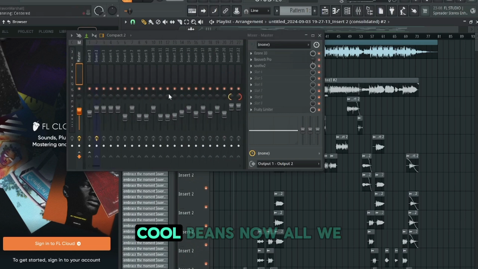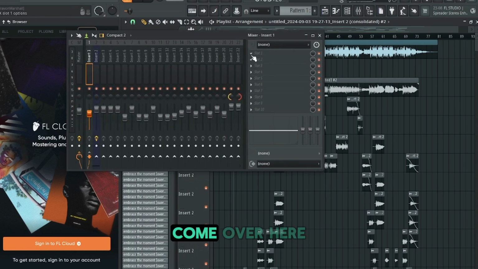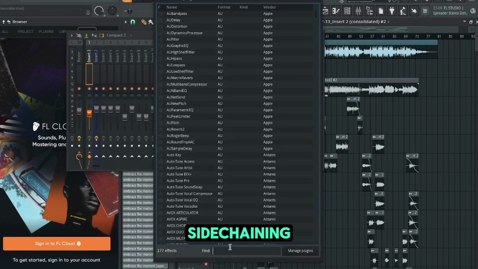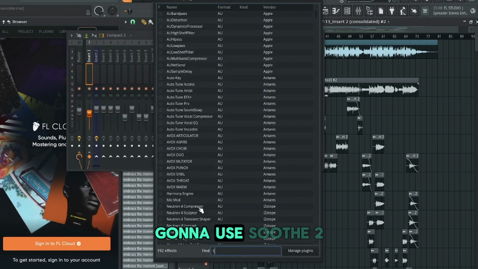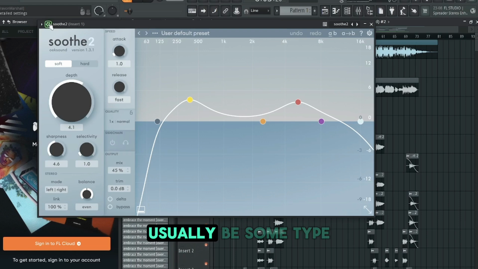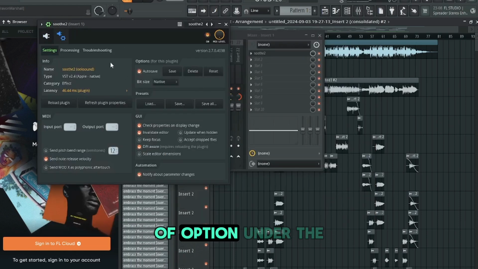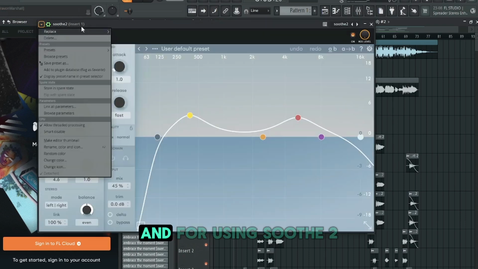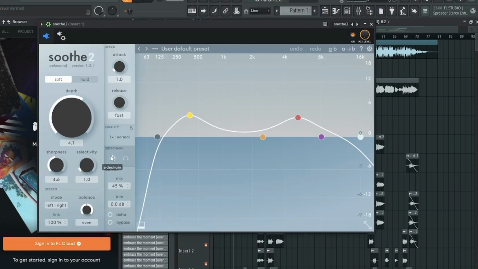Cool beans. Now, all we need to do is come over here, add the plugins that we want to use for sidechaining. In this case, I'm going to use Soothe 2. And there'll usually be some type of option under the settings in whatever plugin you're using to use a sidechain input, depending on if the plugin you're using is compatible for sidechaining. And for using Soothe 2, all you need to do is hit that sidechain button, and now you have successfully